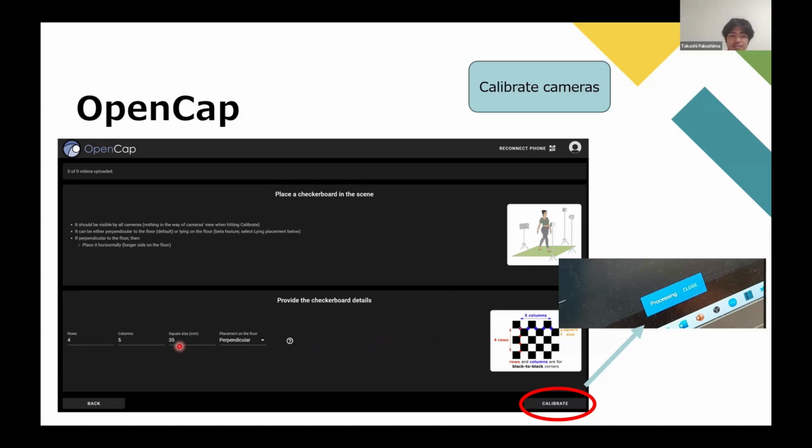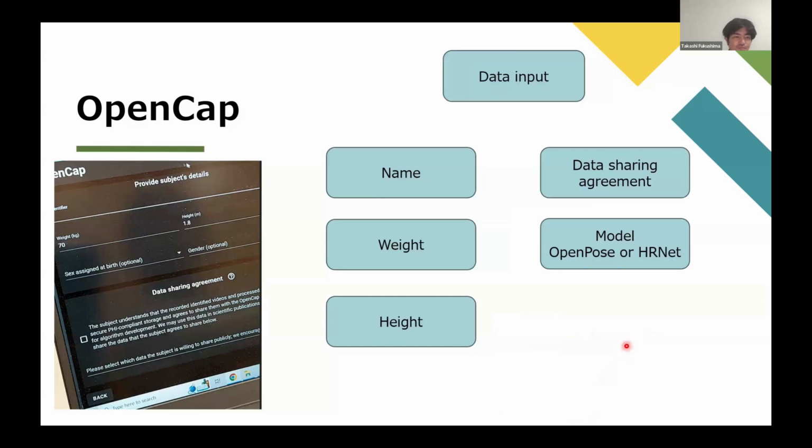And then if you see everything correct, just click calibrate, then this processing pop-up shows up. After that, you can see the next page. So the next page is the data input. Literally, you just need to type the name of the athlete or name of the trial, or whatever. And you need to enter the weight in kilograms, height in meters, and you have to agree